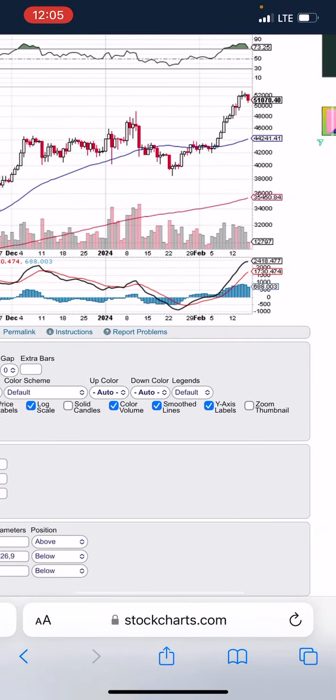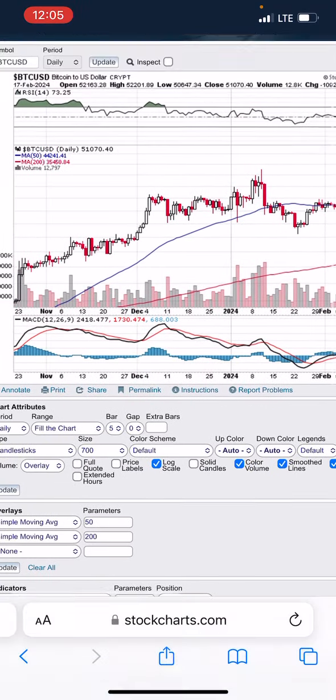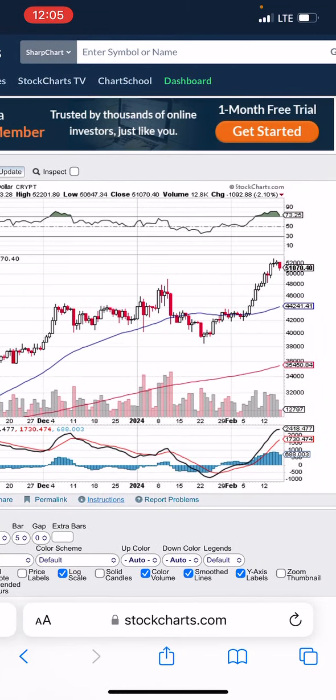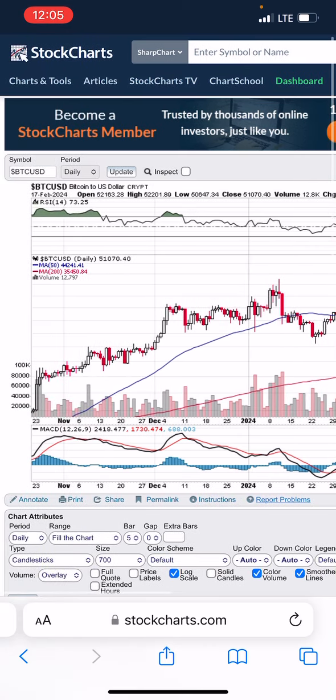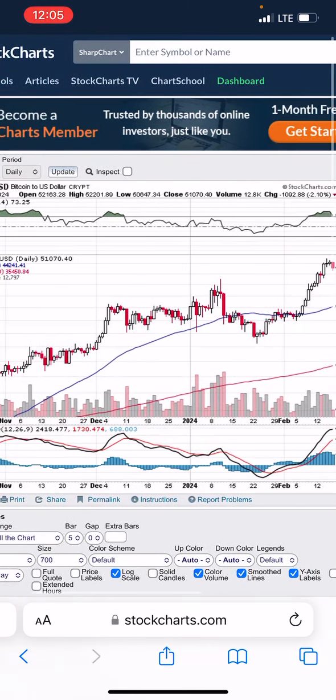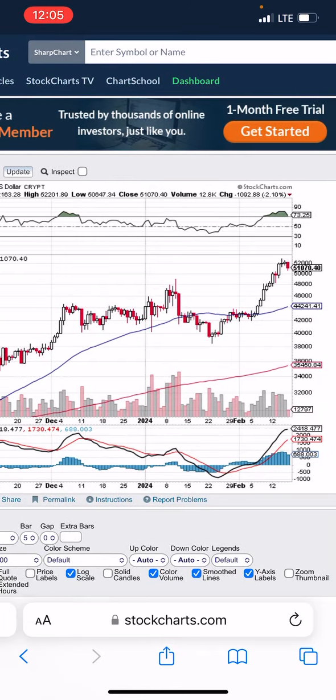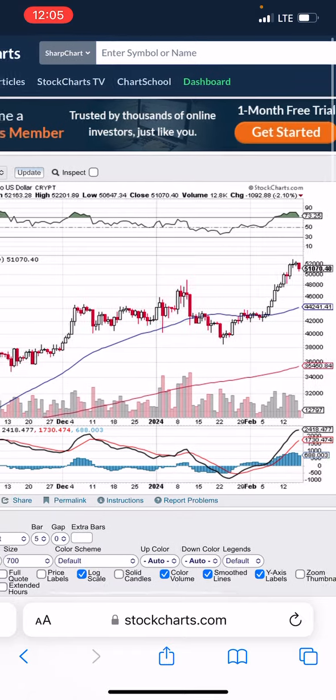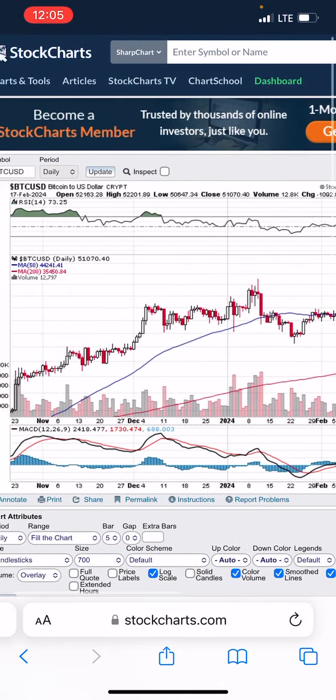So, in front of us, we have a Bitcoin chart. Bitcoin is one of the easiest things that you can trade because it's paired to the US dollar. It follows basic fundamentals and basic technicals,